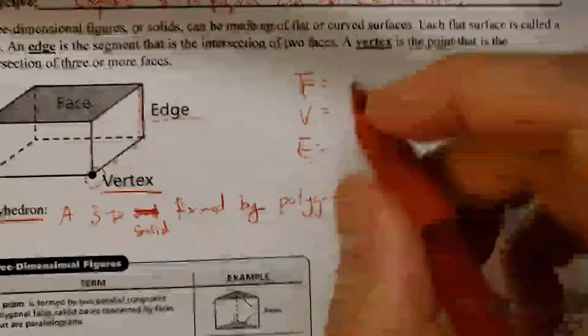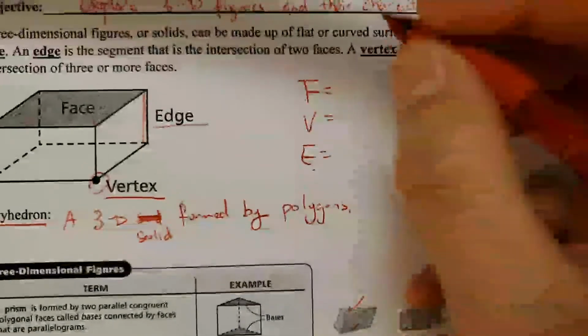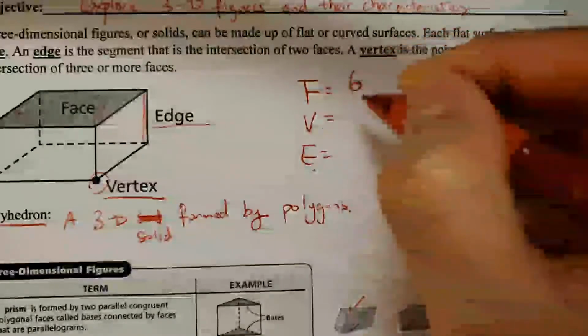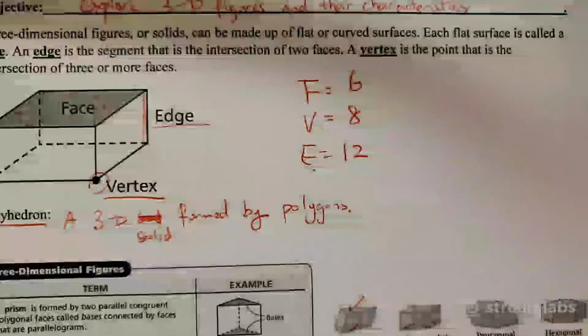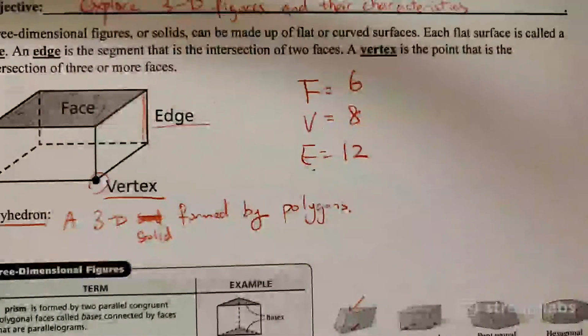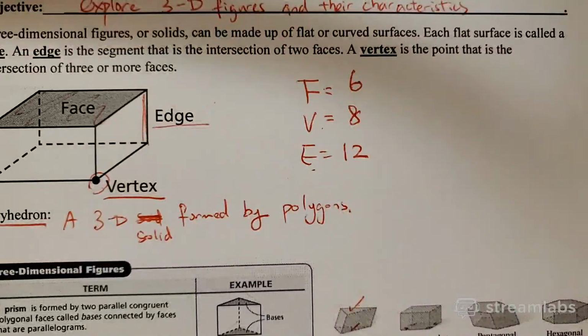Six, 8, 12. Like that. Okay. So some of you might wonder, well, what is the relationship we can look at based on this? Well, let me tell you